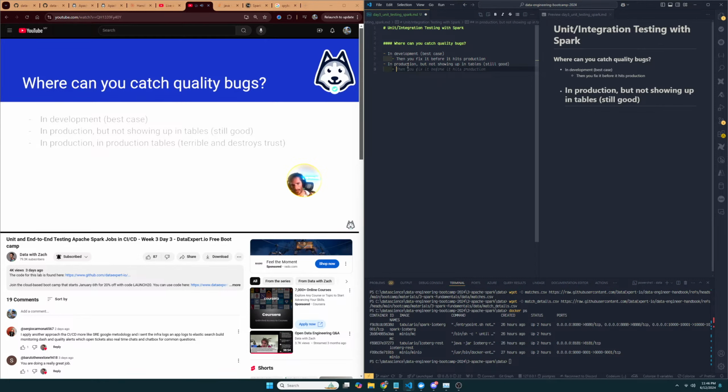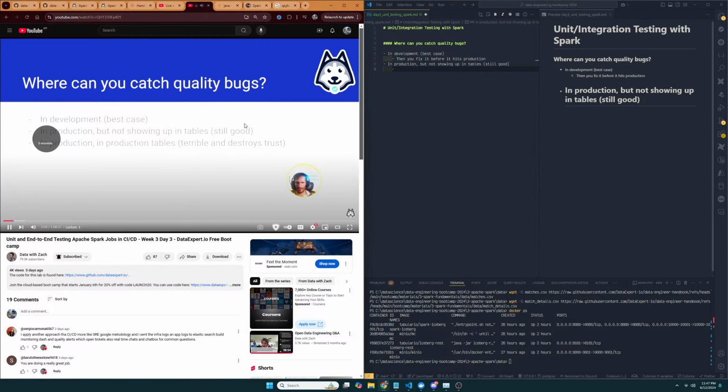Then you have two ways that bugs show up in production. One is when you're doing write, audit, publish, and what happens is you write to a staging table, and then you run your audits, and your audits fail, and then you don't end up publishing to production because your audits failed, and then you have to go and troubleshoot why. And this is something that you want to minimize the amount of time that you're doing, because this can be kind of onerous on your data engineering teams,